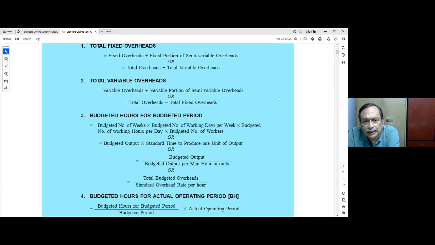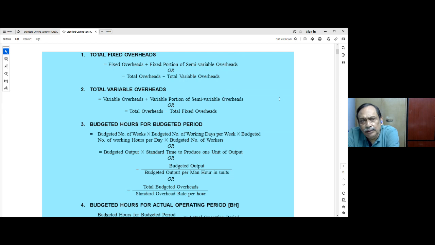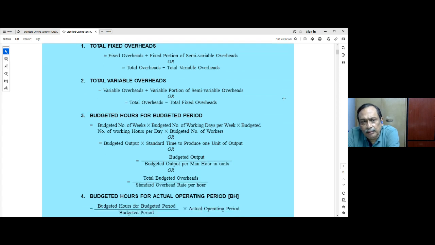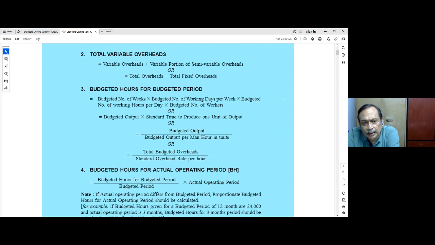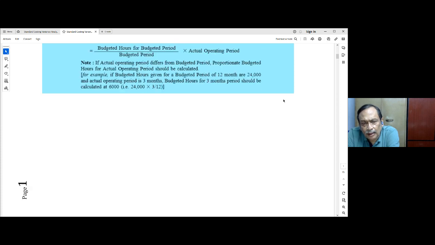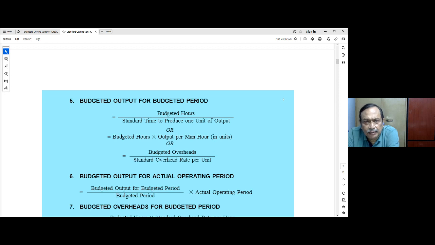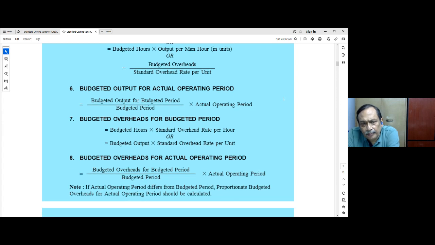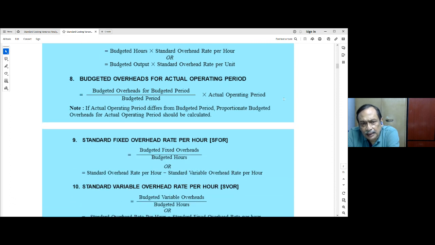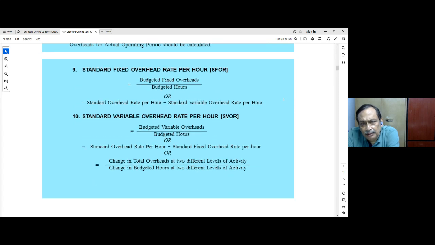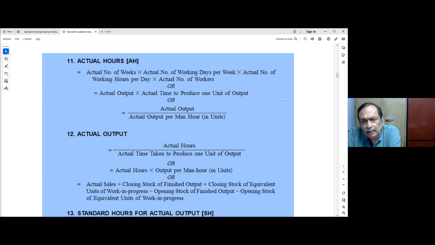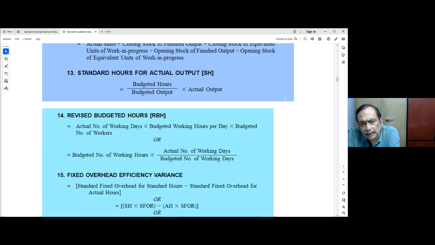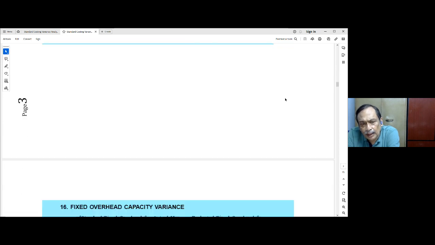Now, please allow me 2 minutes, and in the meantime, please look into the various overheads that I have jotted down, that is total fixed overheads, total variable overheads, budgeted hours for budgeted period, budgeted hours for actual operating period, budgeted output for budgeted period, budgeted output for actual operating period, budgeted overheads for budgeted period, and budgeted overheads for actual operating period, standard fixed overhead rate per hour, standard variable overhead rate per hour, then actual hours, actual output, standard hours for actual output, revised budgeted hours, then fixed overhead efficiency,